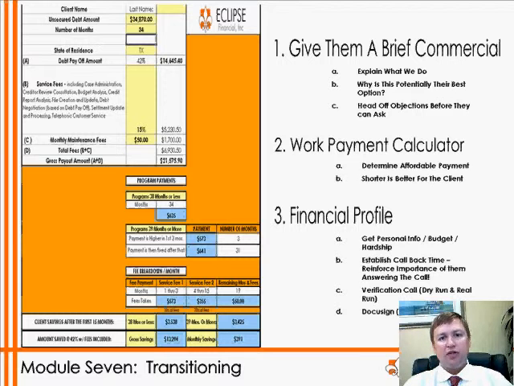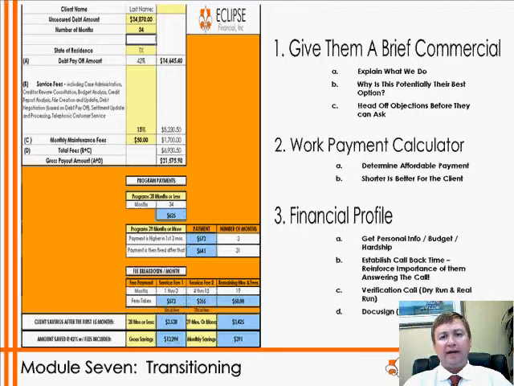And the smoothest way to do that is to let them know what we're going to do now is go ahead and take a financial profile so we can determine your eligibility for this program. Remember, there are eligibility requirements. Their credit has to be the right type of debt, the right kind of debt. It has to be the right amount. Payment has to fit in the box, and they have to have a hardship. They've got to be in a situation where they can't afford to pay their creditors anymore.